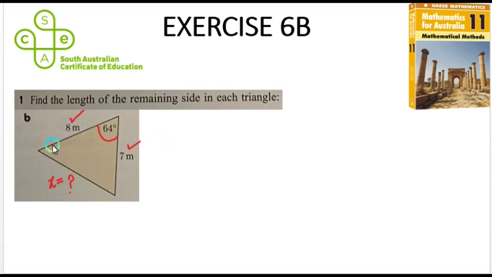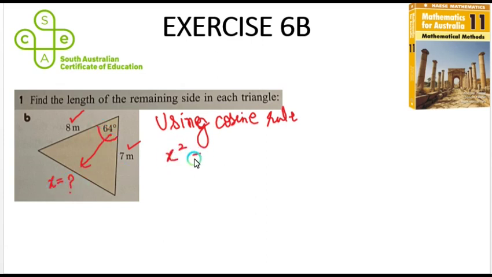Again, we can see that we have three sides involved and one angle involved. So that's why we can use the cosine rule to find the fourth parameter, which is a side. Clear? So using the cosine rule, the side opposite of the angle involved: the angle involved is 64 and the side opposite is x. So x squared is equal to the other two sides, 8 squared plus 7 squared, then minus 2 times the same sides, 8 and 7,